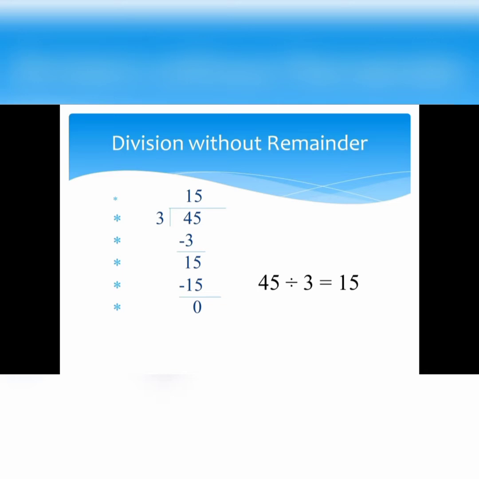Find out how many groups of 3 you can get in 15. So 3 5s are 15. Yes, write the number of groups on top, 5, and the answer that you get for that many groups of 3 below 15, and subtract. If the remainder is 0, the sum is over. It means here the 45 is completely divided by the 3.